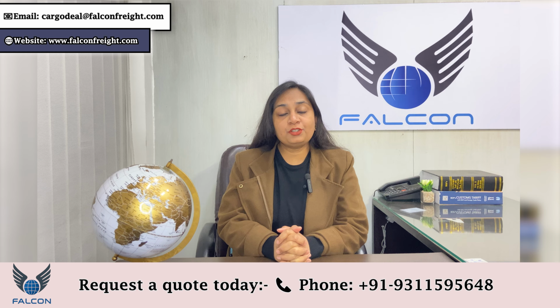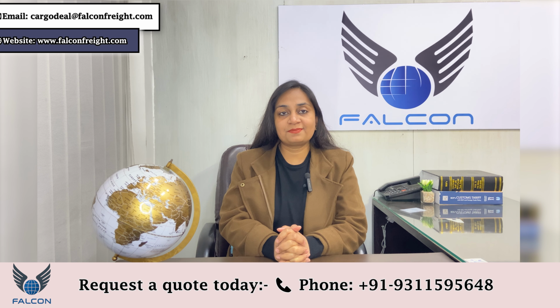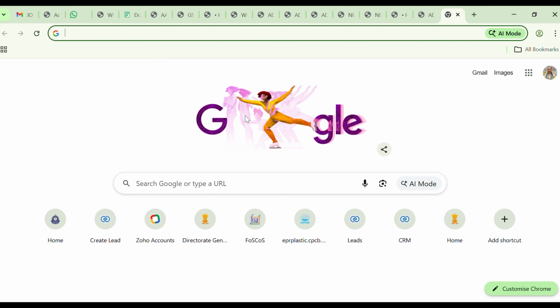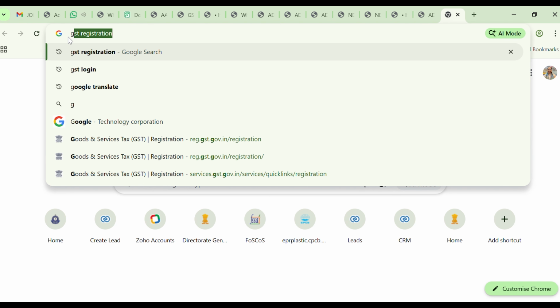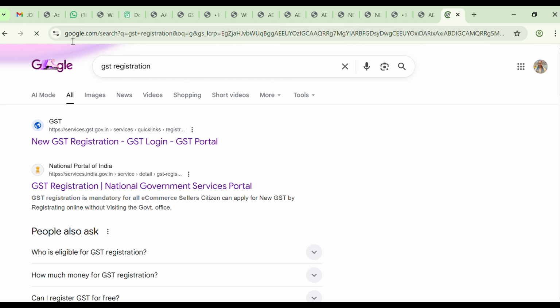Now, I'm going to show you step-by-step guidance of GST registration. Open Google in your web browser. In the search bar, type GST registration. Press enter. Click on the first official GST portal link